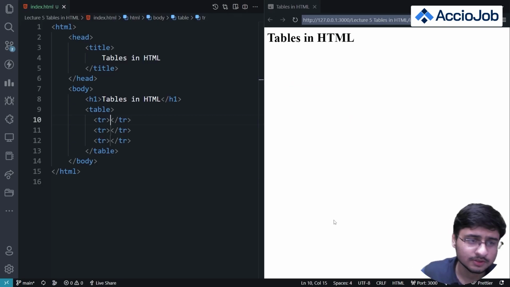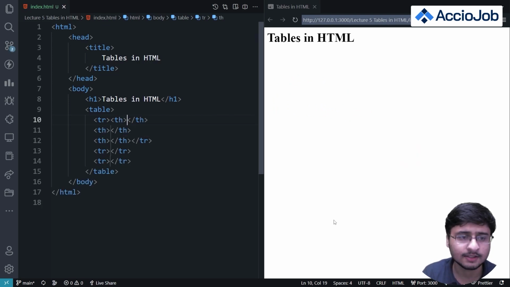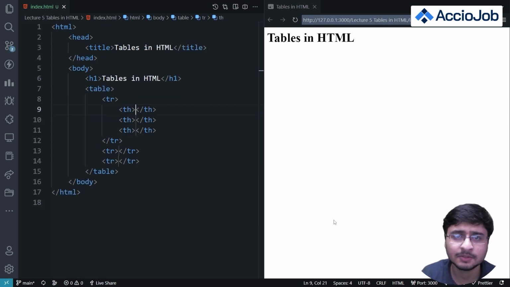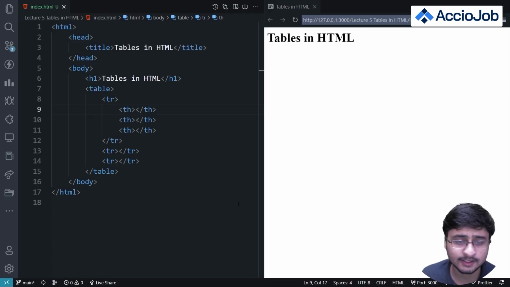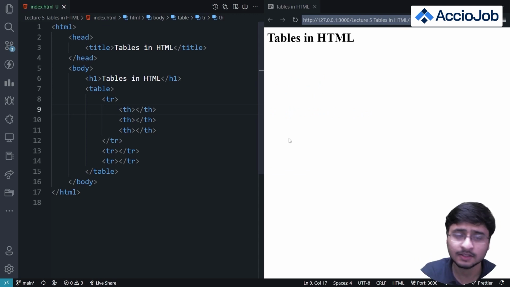So what I'll do, there's a table tag called th, right? This is used for table heading. So th, and I want 3 of them, right? So I'll add th, and 3 table headings will be given in this tag. Okay, so what I'll do next is, I'm having 3 table headings, so my table should be looking like this, but I have not added any data, and that is why nothing is visible on the website as of now, right?